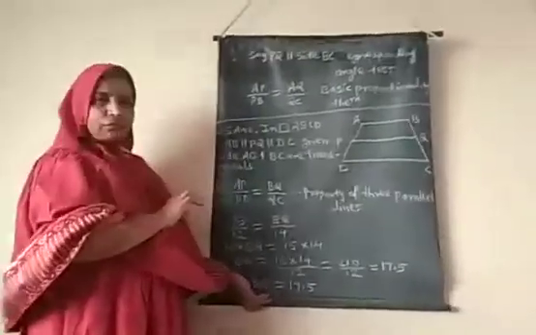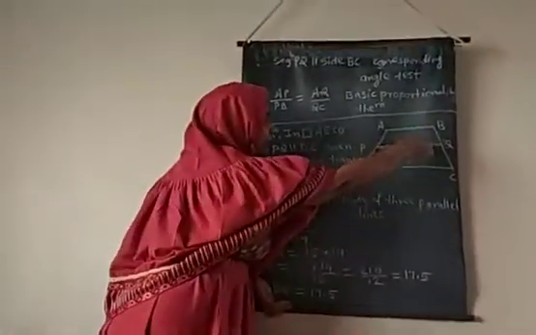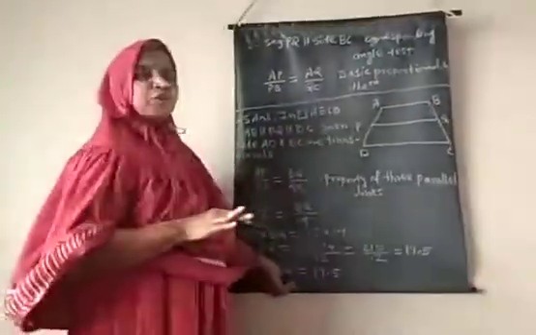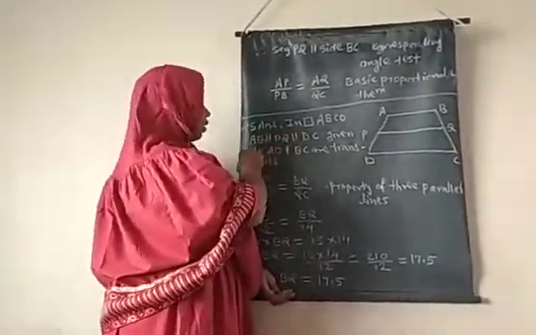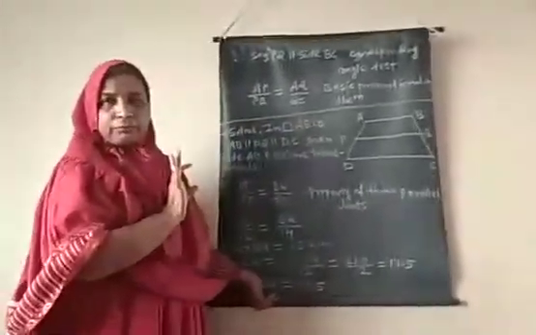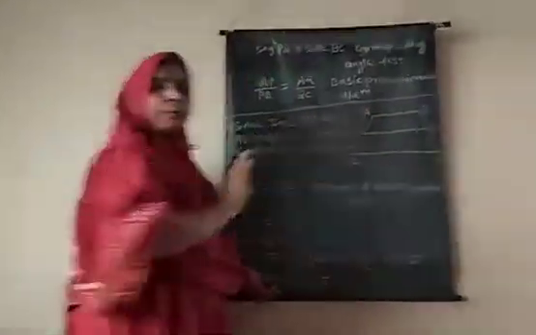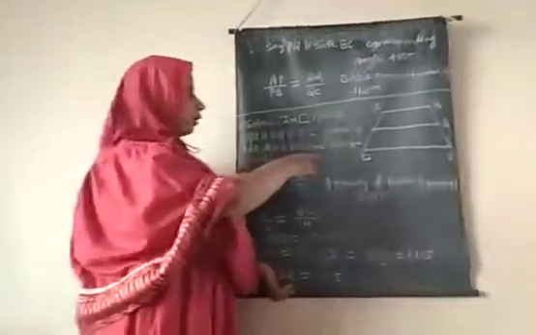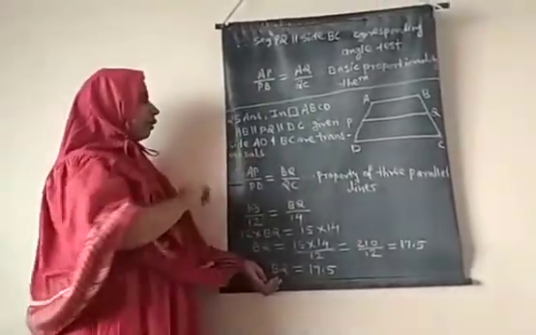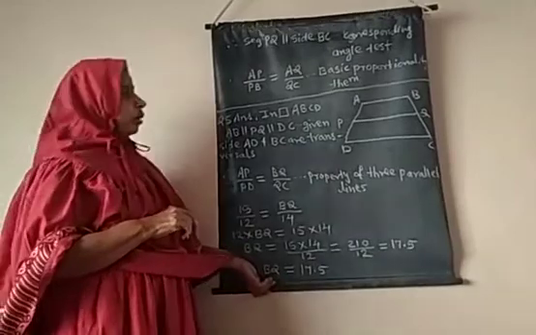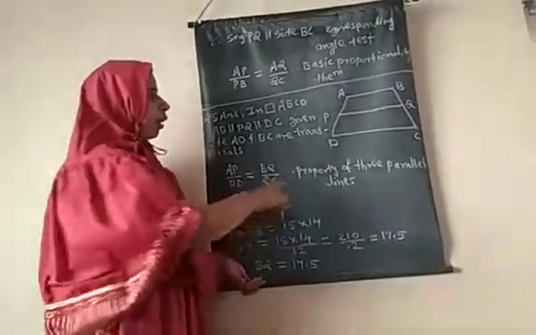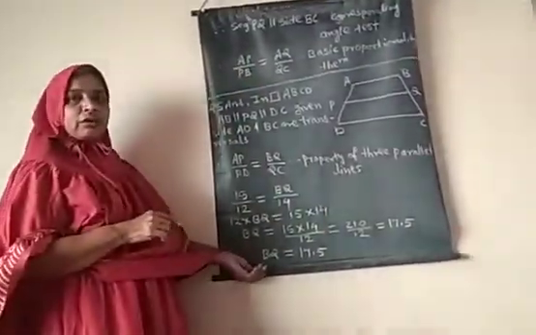So, in this way, the ratios are proved. Now, question number 5. In this question, quadrilateral ABCD is given as a trapezium. And in a trapezium, one pair of sides is parallel. So, in this trapezium, side AB is parallel to side PQ, which is parallel to side DC. These three are given parallel in the question only. And side AD and side BC are their respective transversals. Now here, these three segments are parallel at a time, so we are using the property of three parallel lines to find the answer.